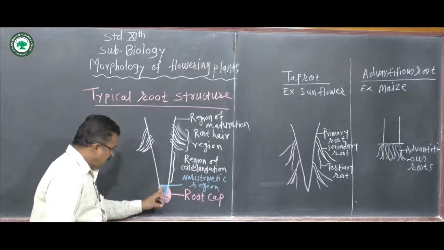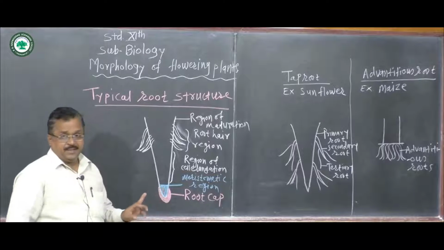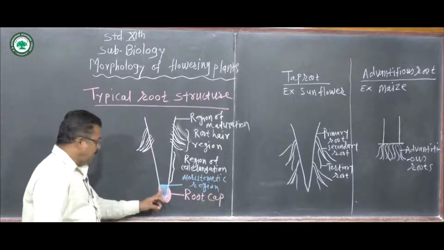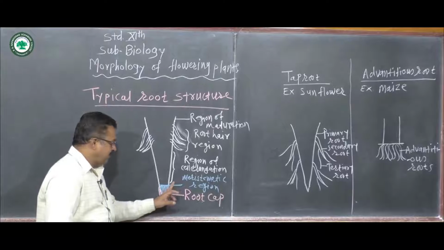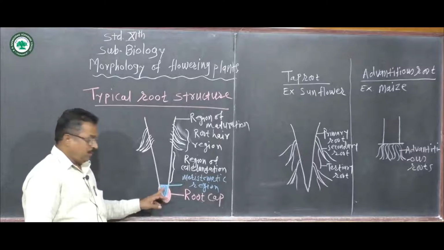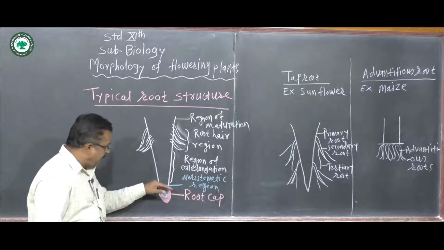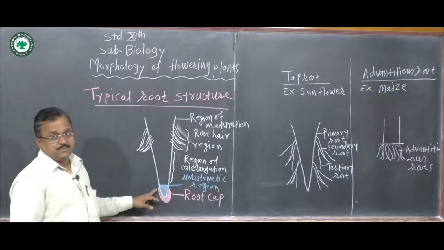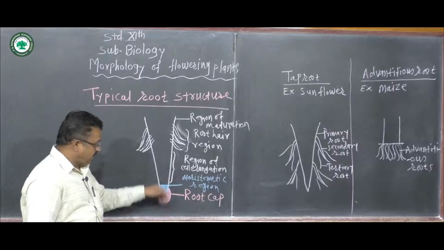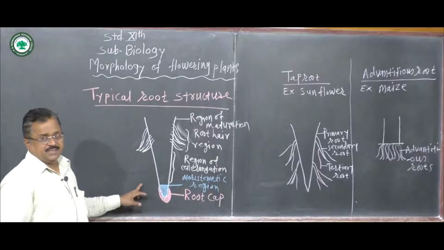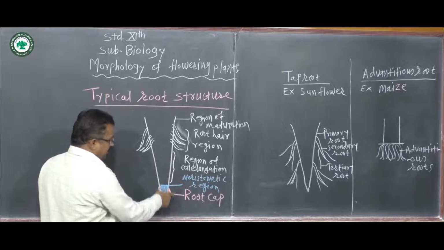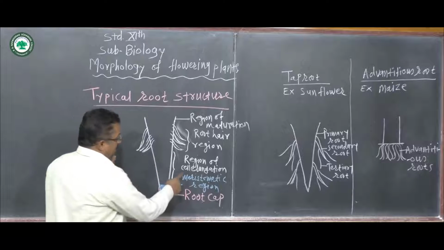These cells have a capacity to redivide. Hence, these cells are called meristematic cells, and the region is called the meristematic region. These cells divide and add new cells in the root, and elongation of the root takes place. Then the height, that is the length of the root, increases. Then the region of